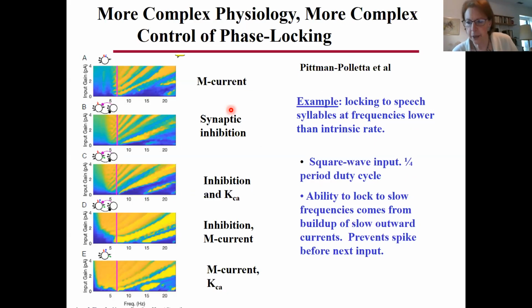another story, short, it will be only one slide. And it's a little bit like the last story in that it's about control of phase locking, and it's also about the effects of this intrinsic inhibition or outward currents that themselves have time scales in it. So it's a little more complicated than the previous one because in addition to having this M current that I was talking about, which is an outward current, with a theta time scale of recovery and having synaptic inhibition, we